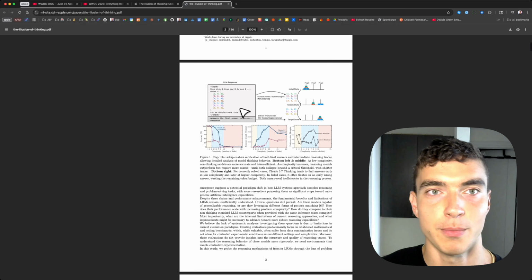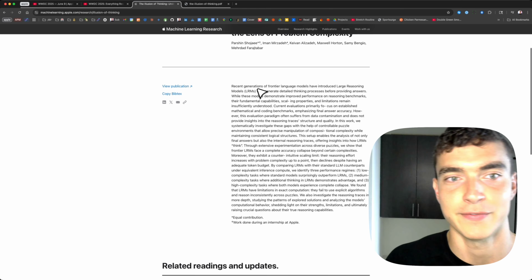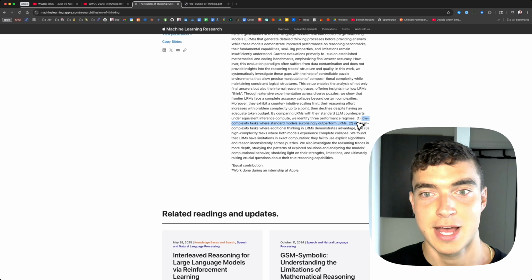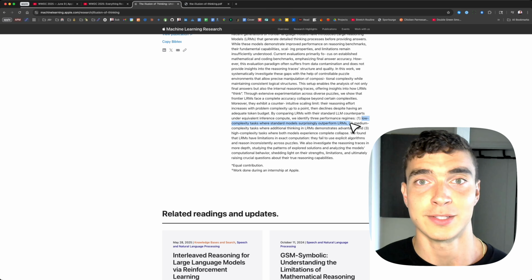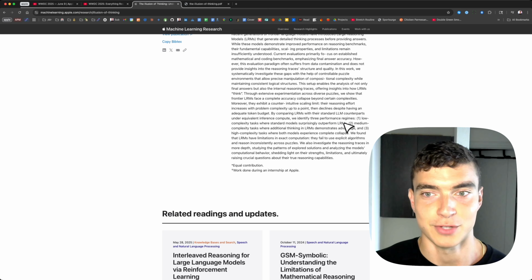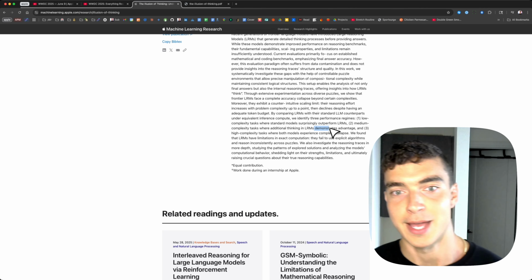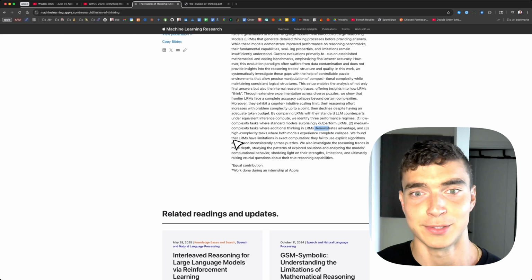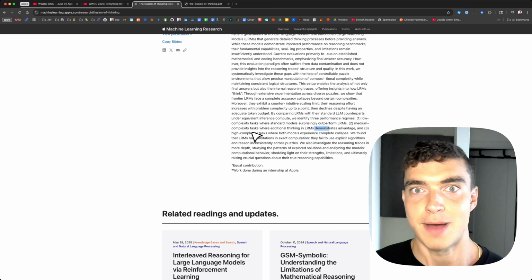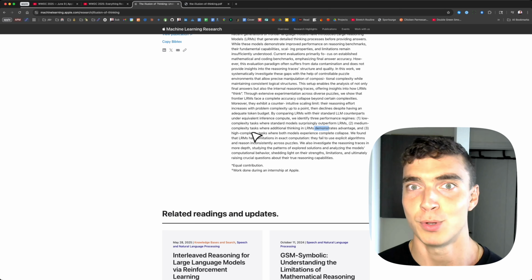It's a 28-page paper, and I combed through it. It's pretty interesting, but it's essentially a dig on some of the thinking models. If you look at the abstract here, some of the conclusions were that on low complexity tasks, standard models outperformed the large reasoning models. They tested a bunch: DeepSeek, OpenAI, Claude, Google. So that was interesting. On medium complexity tasks, the reasoning models showed their advantage, and then on higher complexity tasks, they gave it a variety of puzzles where both models just collapsed and couldn't solve them after like 100 iterations. So pretty interesting.